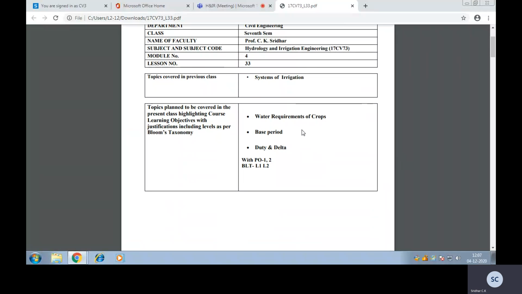So the delta depends upon the type of soil, the type of crop, and the nature of the soil. That is very important, how percolation is there. The depth of water generally varies from crop to crop. Each time we have to consider the type of crop, the type of soil, the conditions of the soil, and basically the environment plays a very important role.